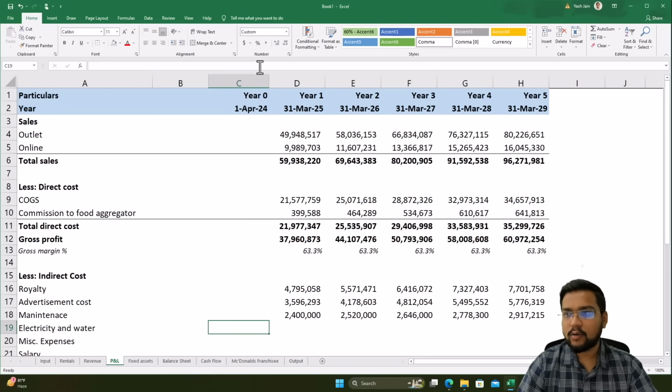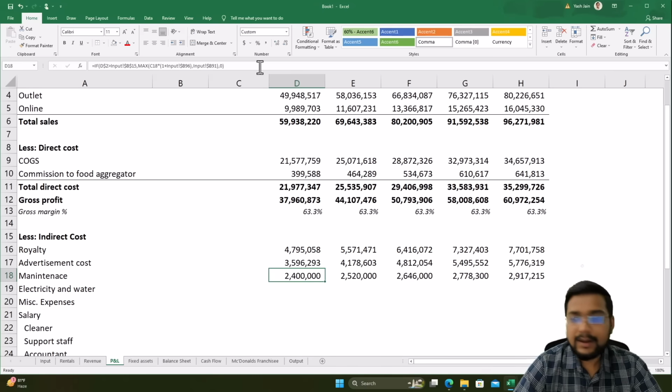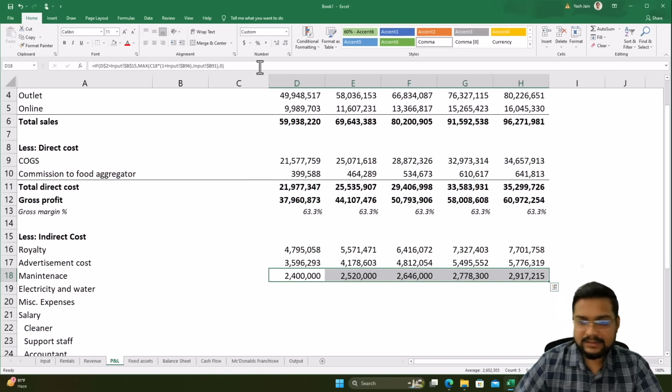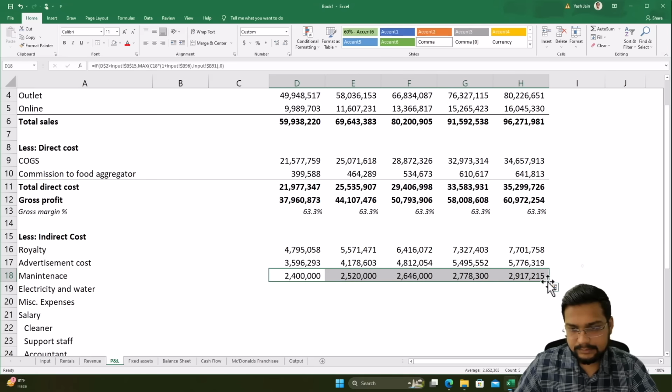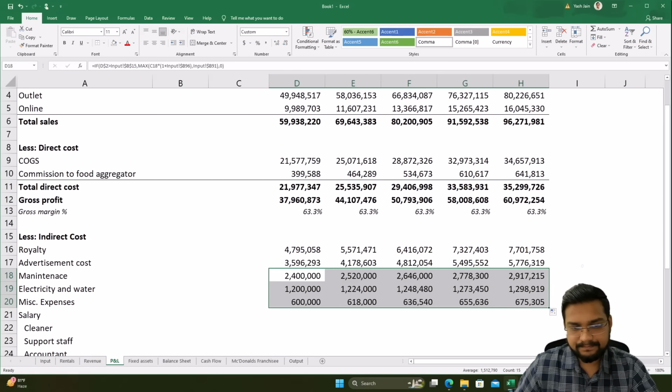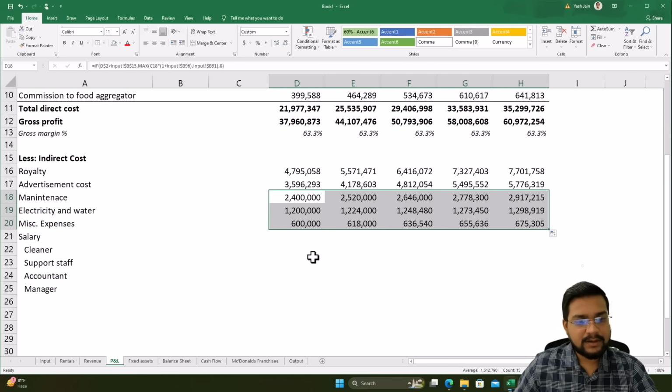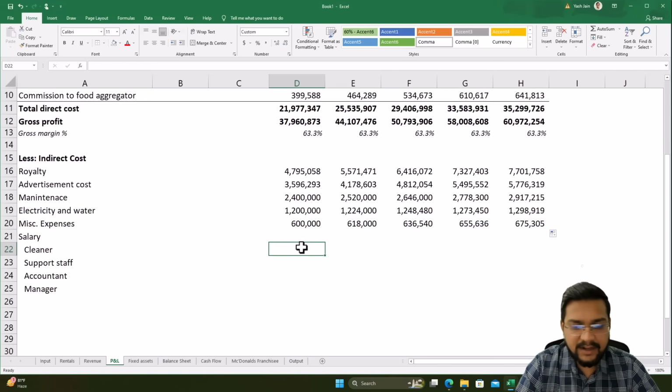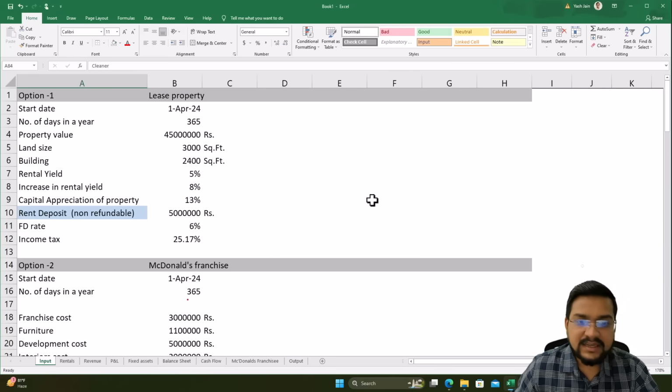Okay, this is done now. Okay, now I can copy this and paste it and I'll get all my other expenses as well. Now let's prepare salary. In this input sheet,